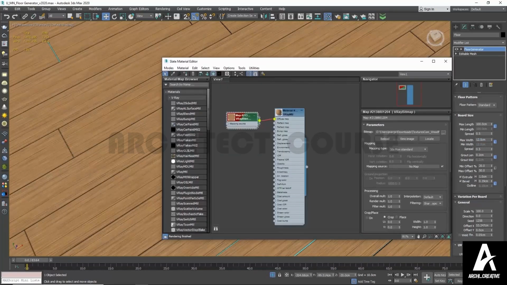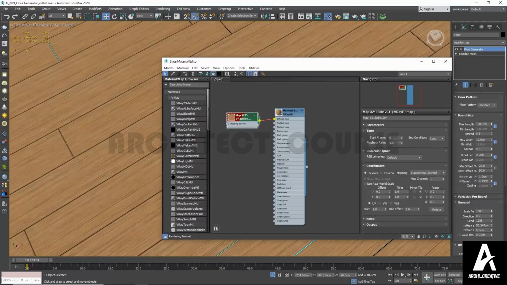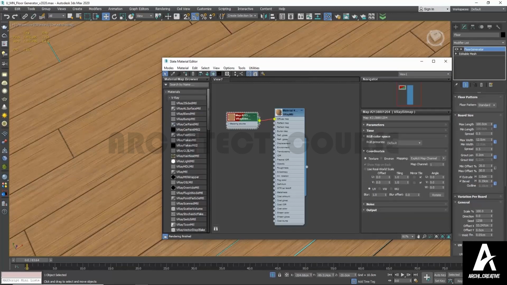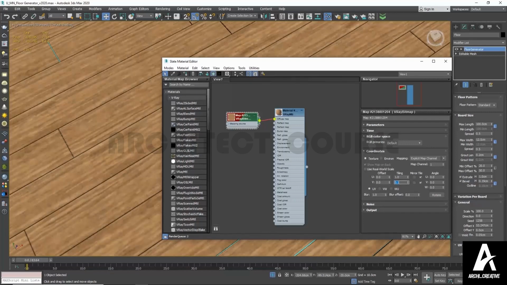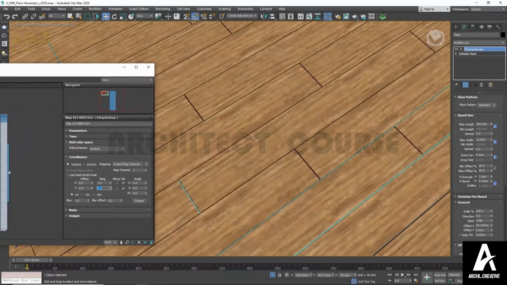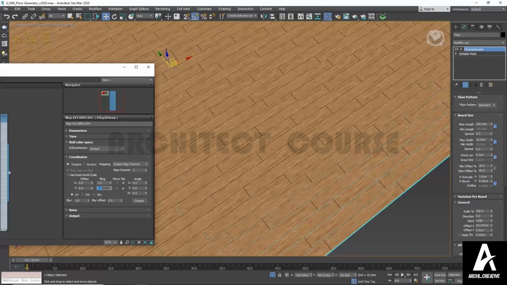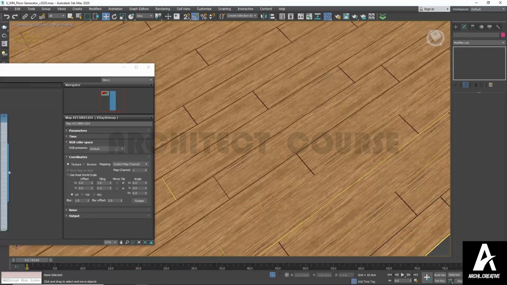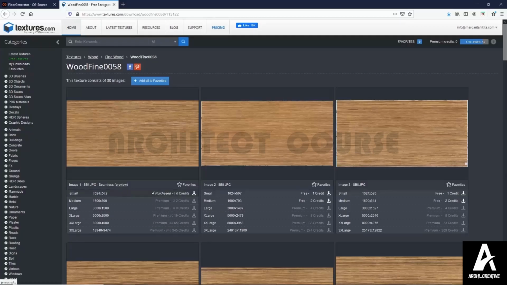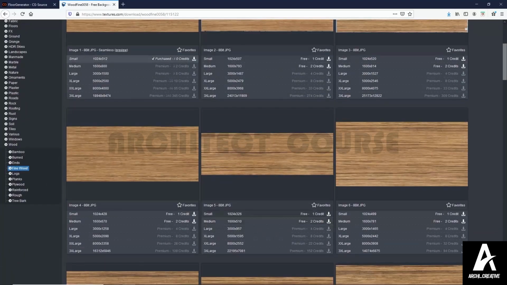Texture settings. Double-click the V-Ray Bitmap and go to the coordinates rollout. We want to change the V, which is the width of the floor. If instead of 1 we type 0.1, we can clearly see the texture. Let's make it 0.2. If we go back to the website, you see various samples, various ratios between width and height. So depending on the texture resource, we will need to